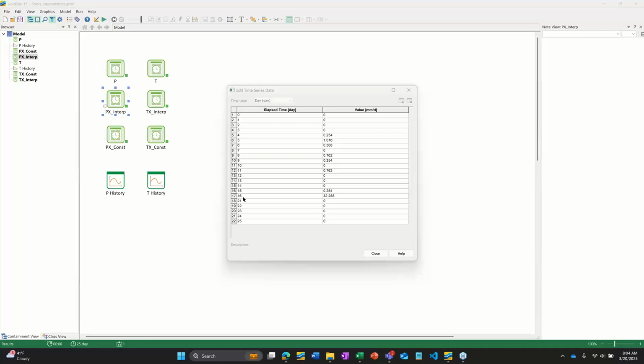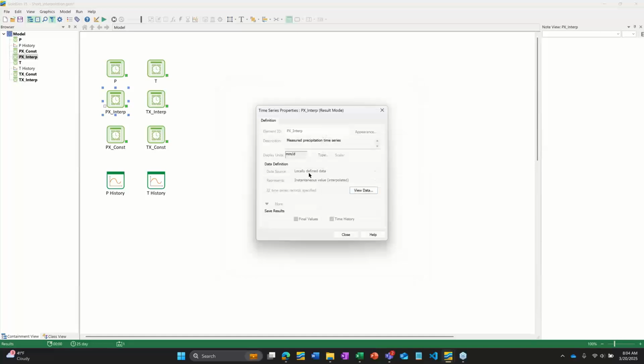And you can see here we're missing day 17 through 20 between these two rows that I'm highlighting. So I've removed the rows there. So the question is, what do we do? How do we interpolate, or how do we fill in for those days when we're running a simulation for that period of time? The options that we have in GoldSim, let me go back to edit mode,